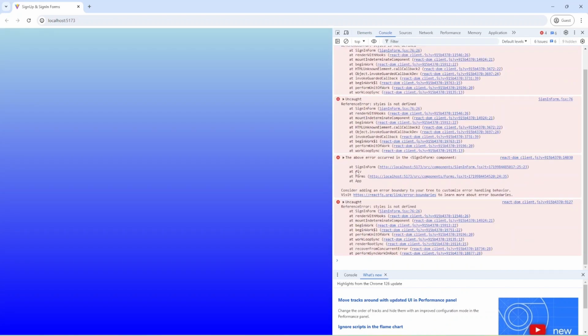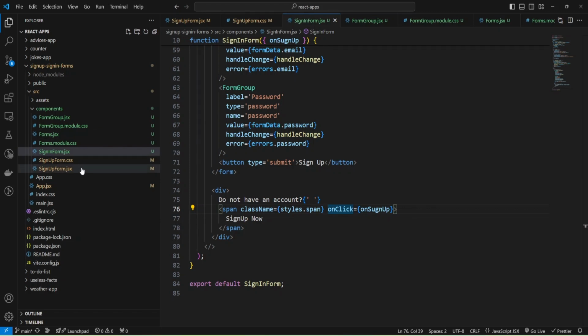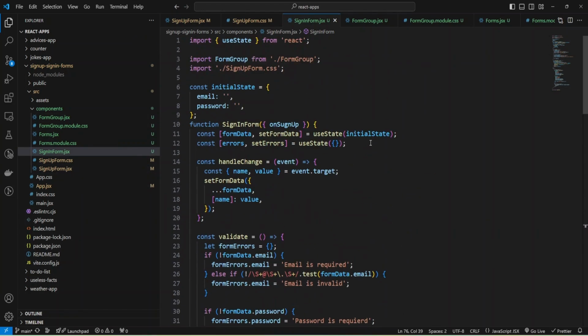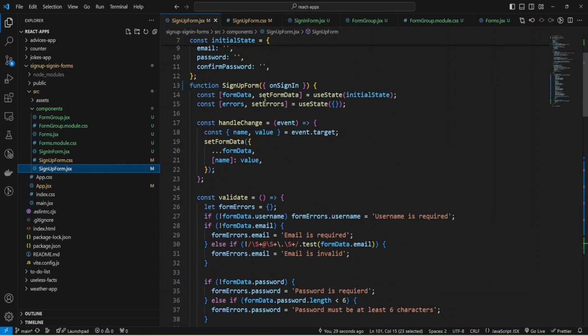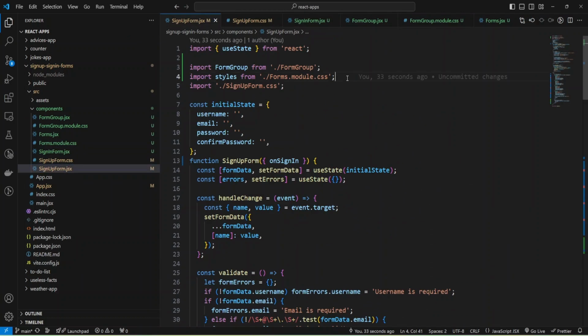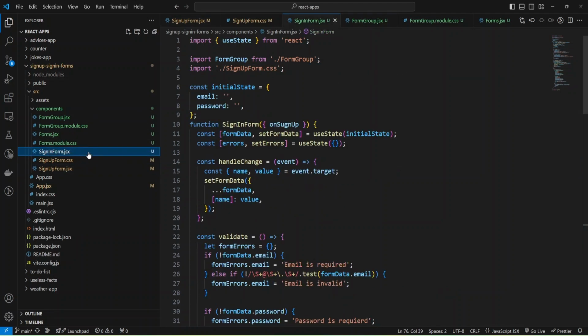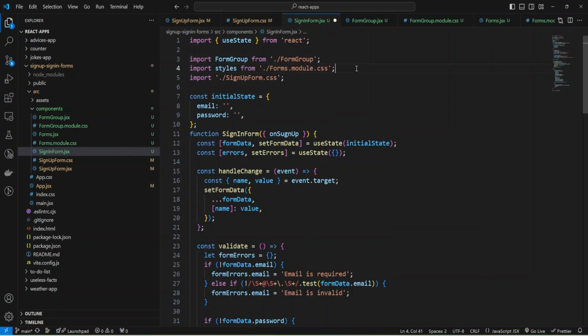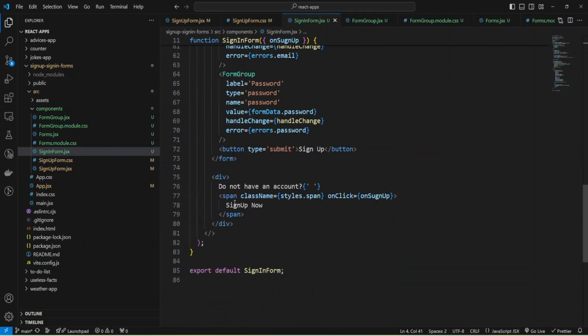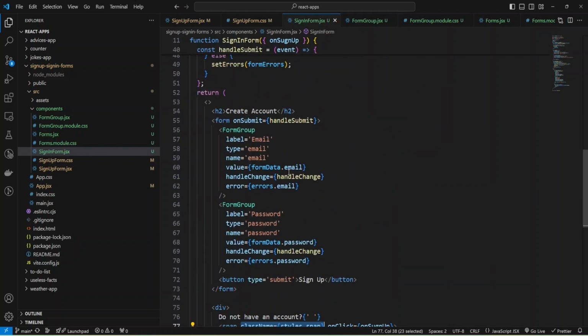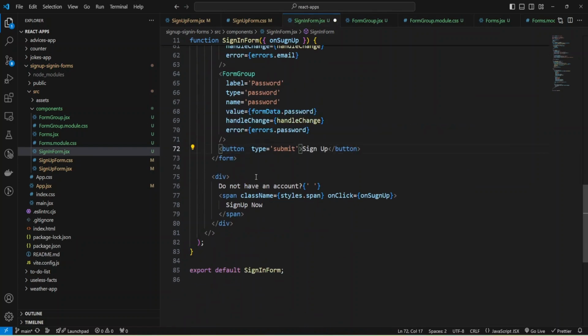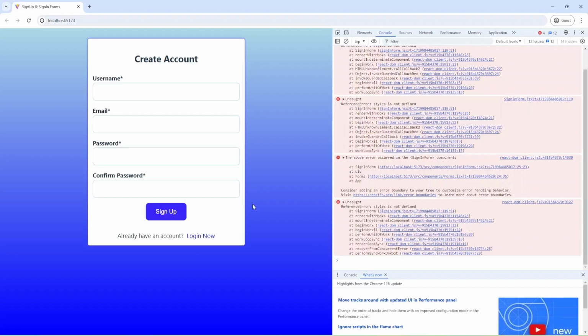And, okay, styles is not defined, and that's because we haven't imported it here, and I can just copy paste from my sign up and provide in sign in form, and let me add styles for form. On form we will have styles form, and also we need styles for button, styles button. Okay, and let's check now.